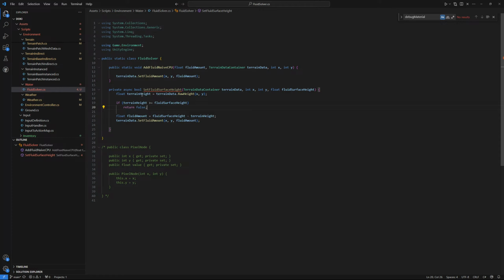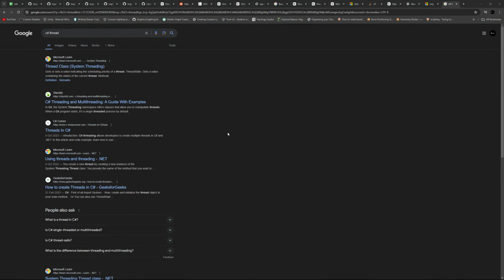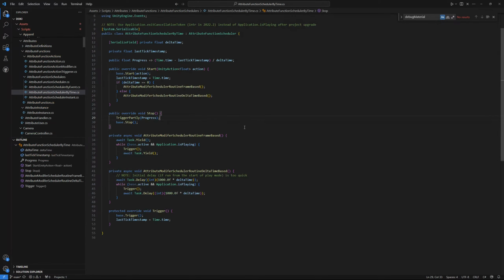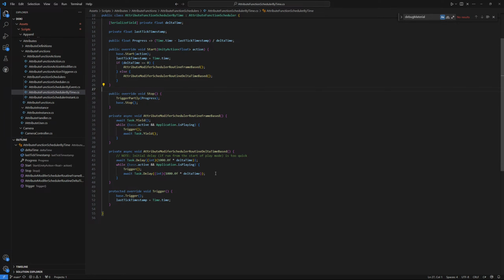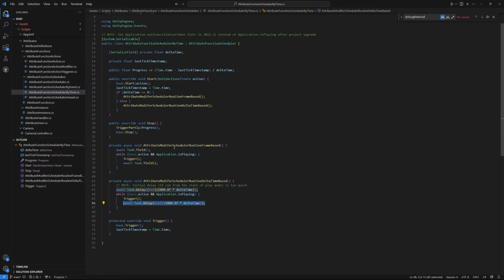Do I wanna... tiny bit scared here, but fuck it, let's do it. What's the worst that can happen? A computer crash, I guess. So what we want to do is delta time, task yield